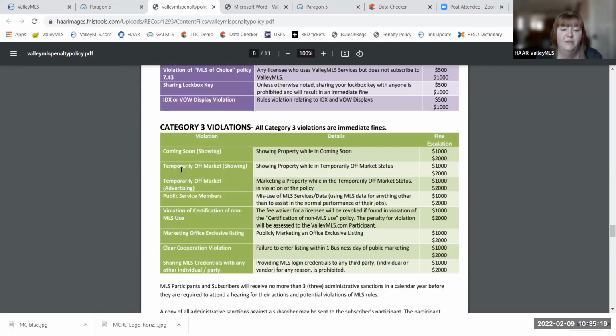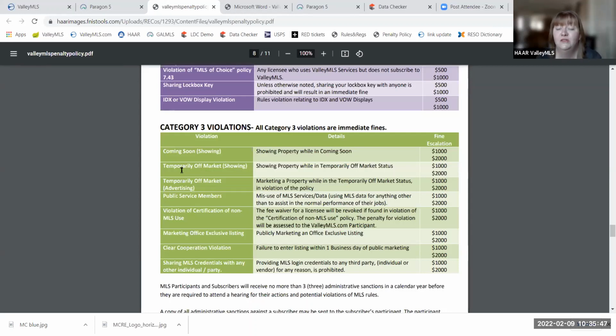In the temporary off market policy specifically, we do send a courtesy notice. We're going to talk about courtesy notices up next here. That is an attempt to make sure that everyone who uses temporarily off market understands this is not just paused. This is a special listing status. It has a limited time frame, 30 days only, that you can use it. The system will make it active again on its own at the end of 30 days.